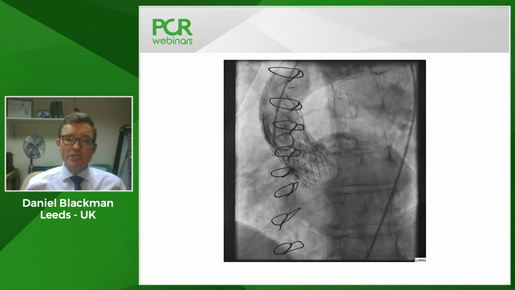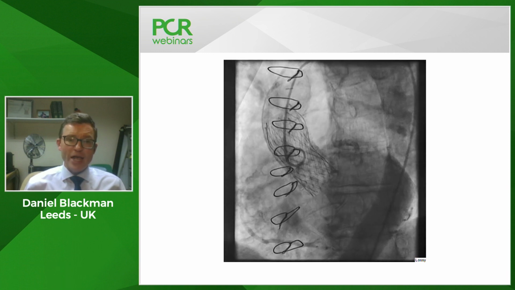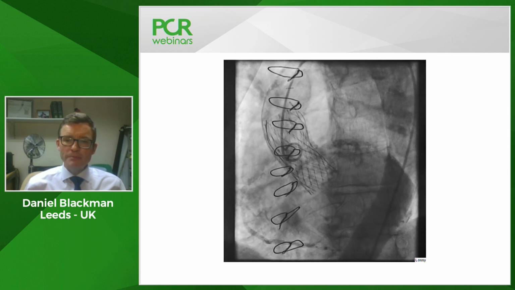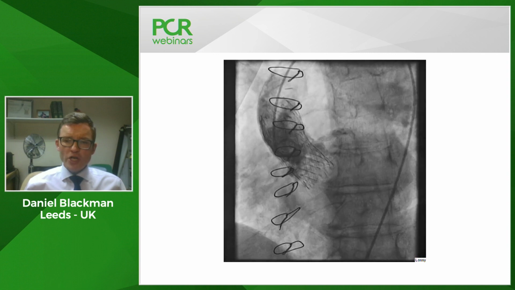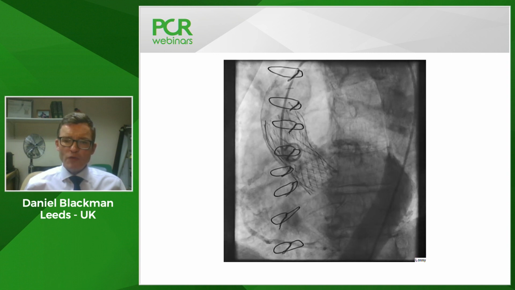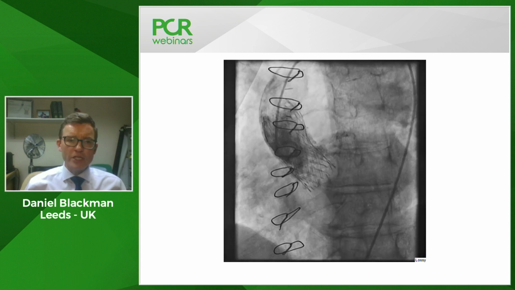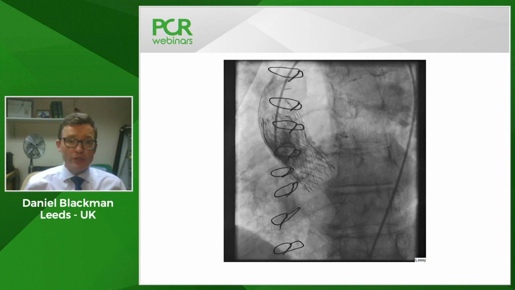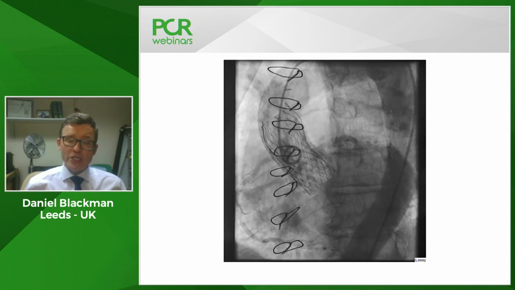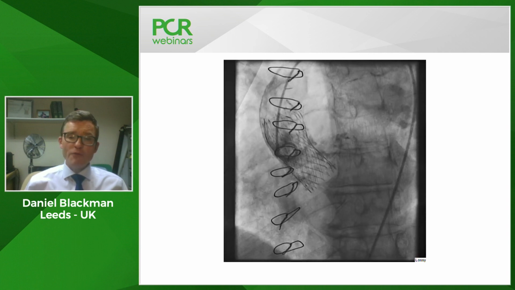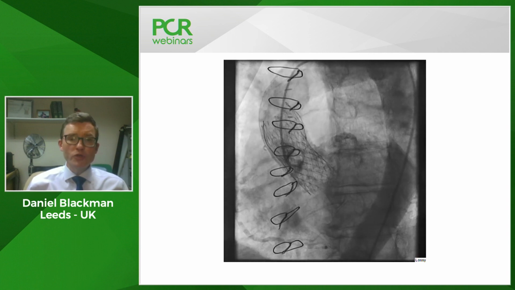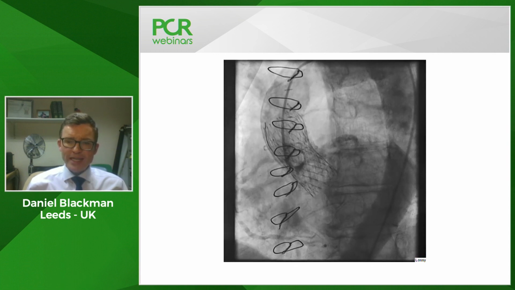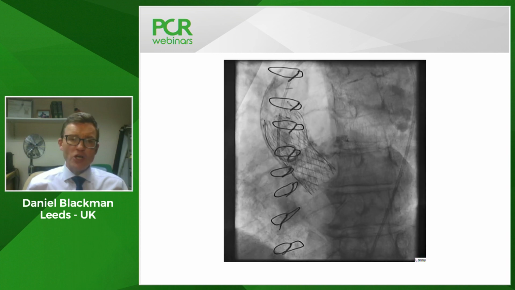I think the first thing to notice, and this is often the case with Evolut, is there's actually less AR now, 8.5 years after the TAVI, than there was on the day of the TAVI. And you can see that we can see good filling of the left and right coronary artery. So we don't anticipate that this problem is related to obstruction at the level of the sinotubular junction. And we know that, and Gilbert may touch on this in his talk, that can be a frequent cause of coronary obstruction, although more usually immediate or at least subacute. So here we can see good coronary filling,